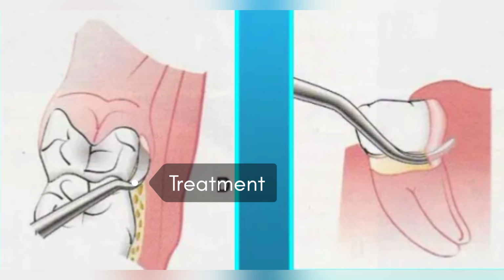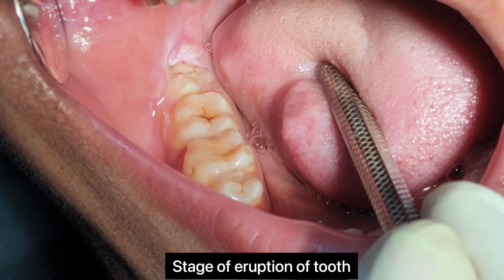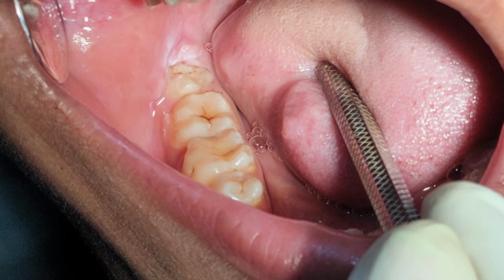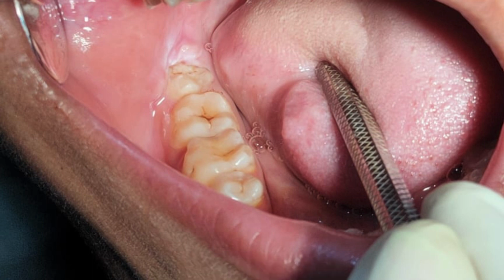After the acute symptoms have subsided, a determination is made as to whether the tooth is to be retained or extracted. The decision is governed by the likelihood of further eruption into a good functional position. These are the points to be remembered on whether the tooth is retained or not. Number 1 is the stage of eruption of the tooth. If there is a possibility that the tooth will erupt further into a good functional position, it is advisable to retain the tooth. And number 2 is the impacted third molar. If the tooth is impacted, that is, under the gum line, it is better to extract the tooth as soon as the acute symptoms have subsided.